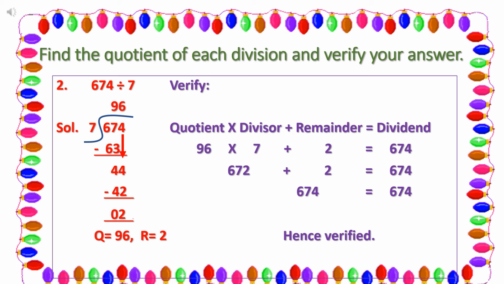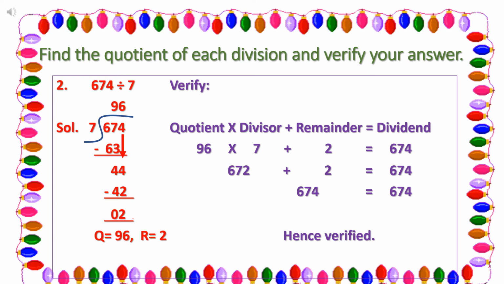And now next we will bring down 4 ones. Right? We will bring down 4 ones. 4 was already present in tens place, which was remainder, and we have brought down 4 also in ones place. So the number becomes 44. So that means we have got 44 ones. So we will divide 44 ones by 7. Now 44 divided by 7 is equal to 6 ones and 2 will be as remainder.